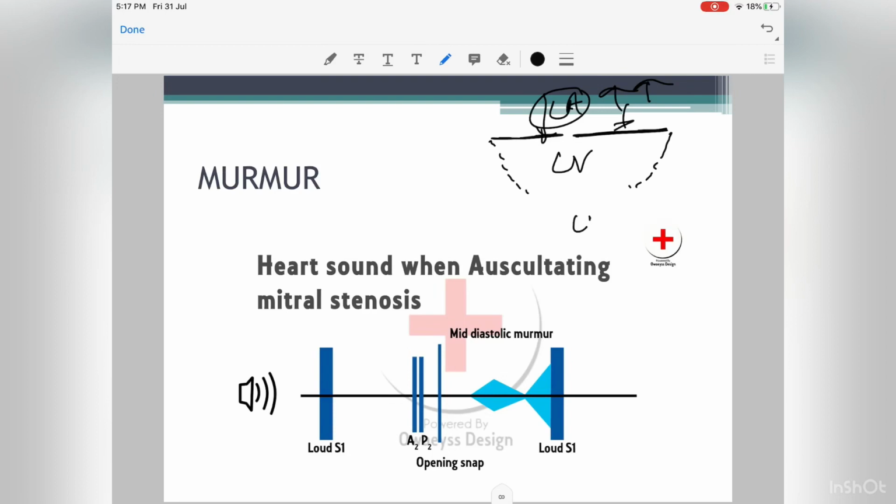So when the LV systole starts, the wall travels a longer distance compared to normal. So when the wall travels a longer distance compared to normal, the wall is shut loudly. So you get a loud first heart sound in mitral stenosis. Loud first heart sound in mitral stenosis is because of the diastolic gradient between the LA and LV. As a result, the wall is kept wide open at the end of diastole.